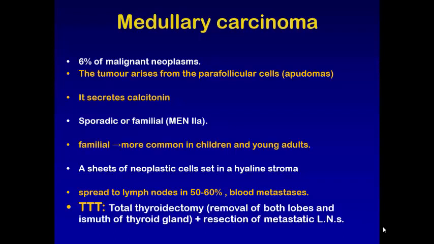When it is part of MEN type 2, treatment of pheochromocytoma is done at first by combined alpha and beta blockers, then adrenalectomy. I mean, we should treat pheochromocytoma